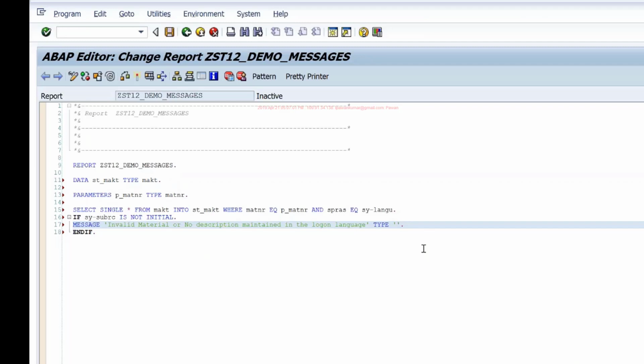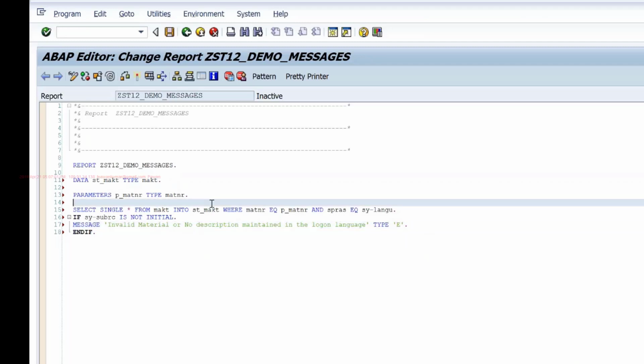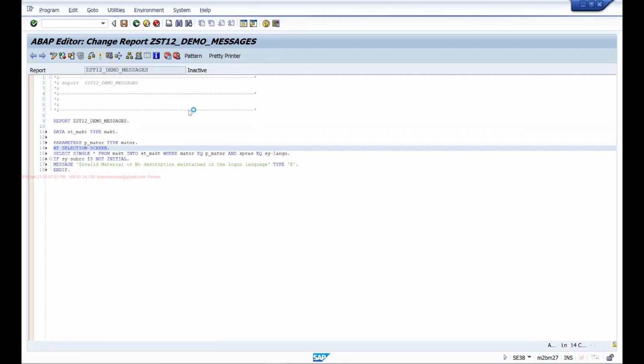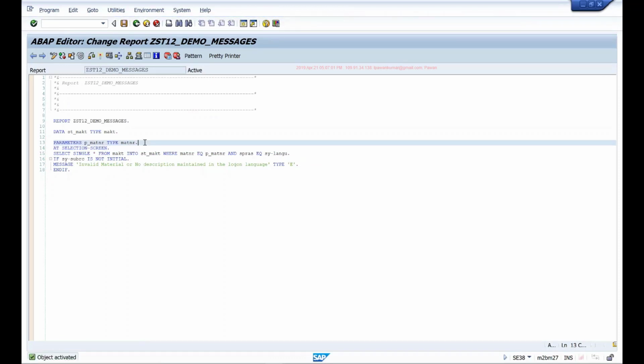So first we'll look at error message, how it looks. Because I'm dealing with selection screen, I have to use one event. Don't worry about it. We'll discuss that later about these events. So if I want to validate the language separately, like for example, if I have two fields on the screen and I want to validate whether the material is entered correctly and whether the language is entered correctly, then I'll be writing two select statements.